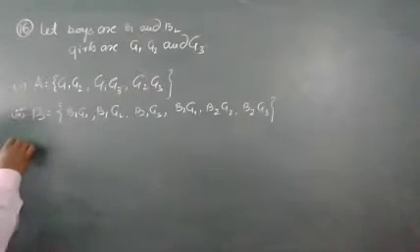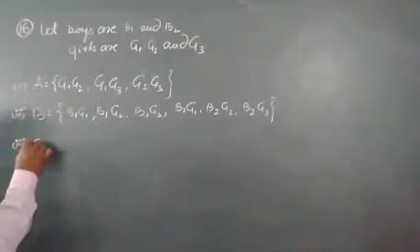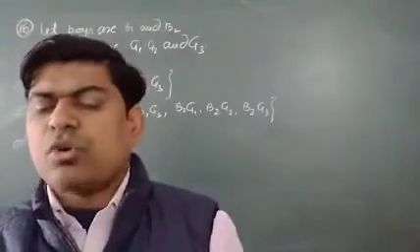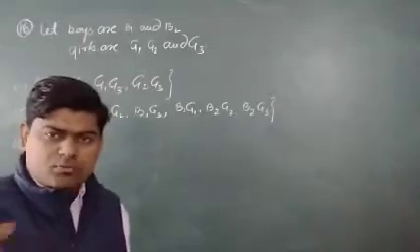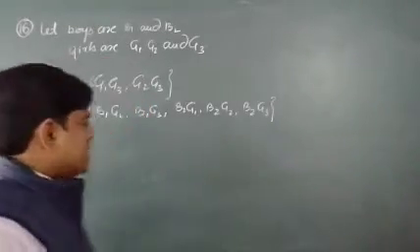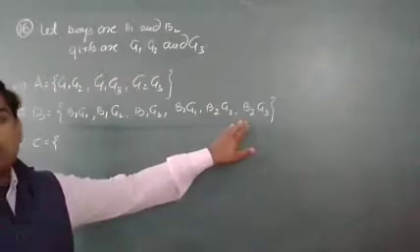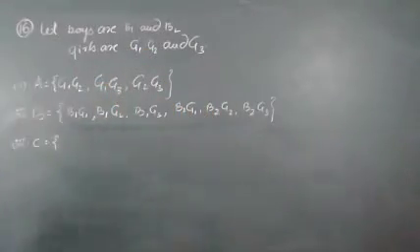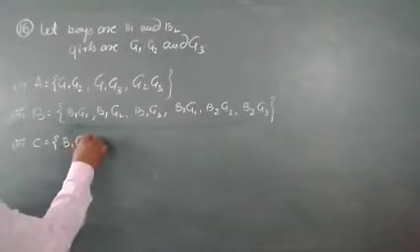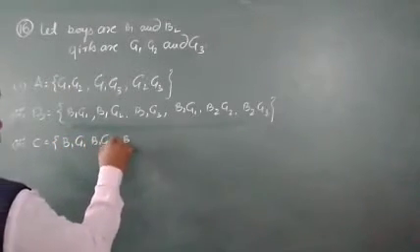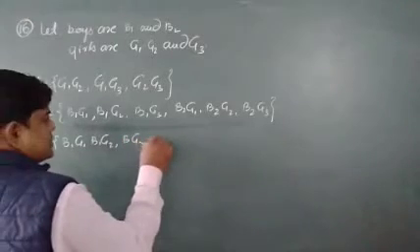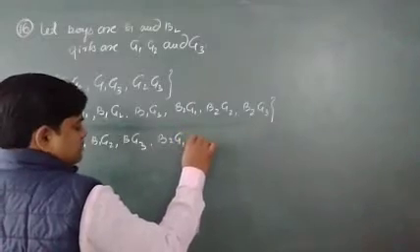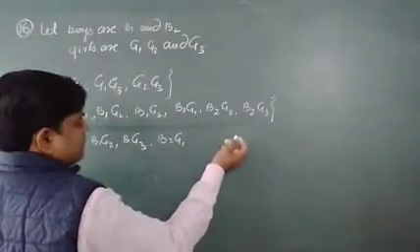See, at least one boy. It's written that in the selected students, at least one boy is selected. It means one boy can be selected, or both can be selected. So for one boy, I'll take all these, and now we will take one more element, that is B1 B2. It can be written as B1 G1, B1 G2, B1 G3. That is exactly one, and at least means minimum one, it may be more than one.